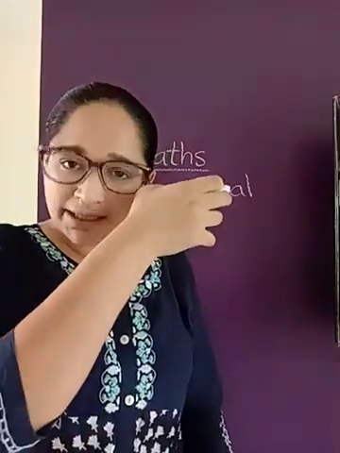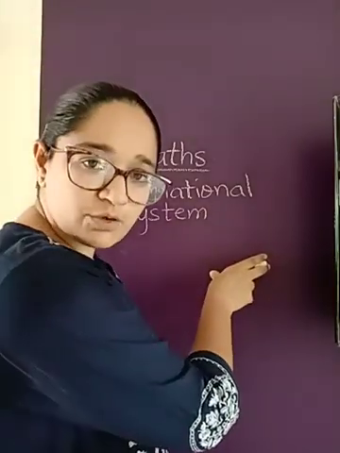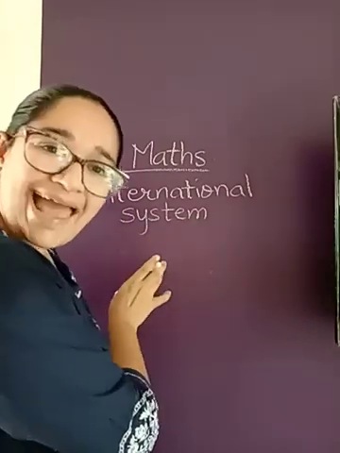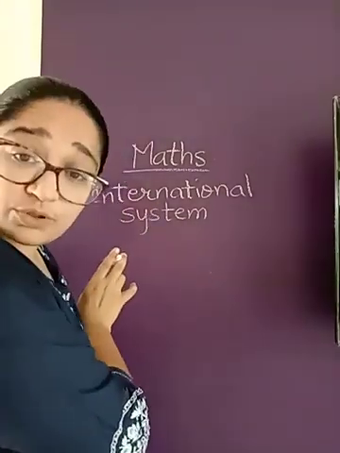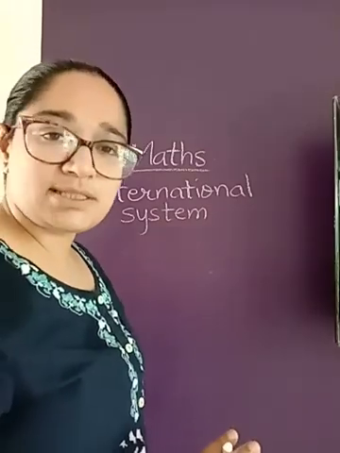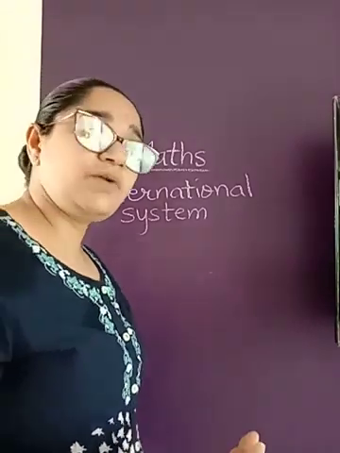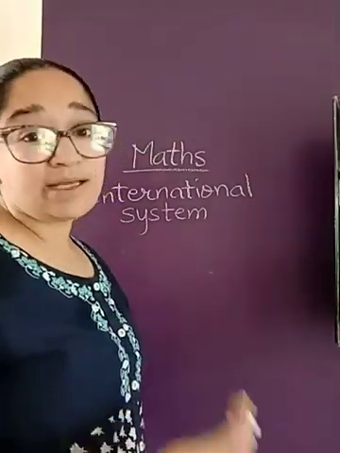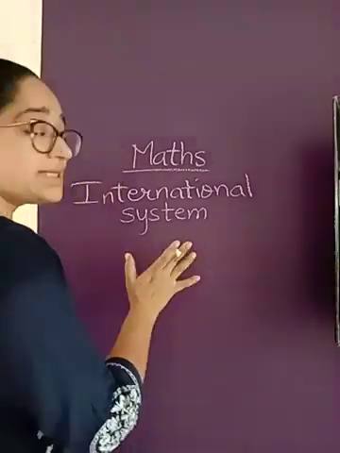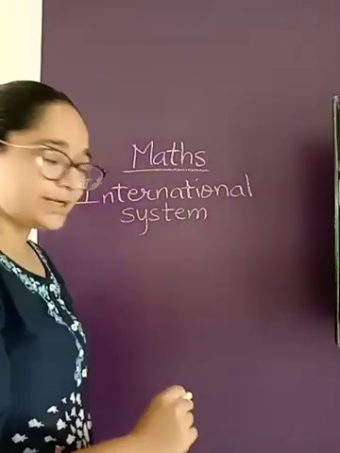Okay, we learned about the Indian system in which you had 3 digits in the ones group. Then you had 2 digits in the thousand group, 2 digits in the lakh group, 2 digits in the crore group, and so on. But in the international system, if you go abroad, out of India, they don't use lakhs and crores. What they use is this international system of numbering. So let's learn about that today.